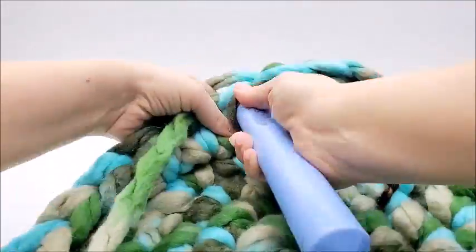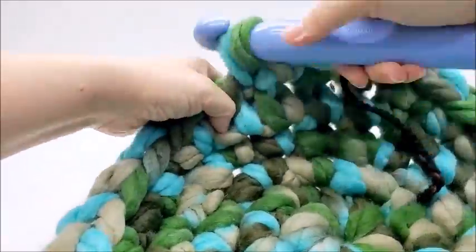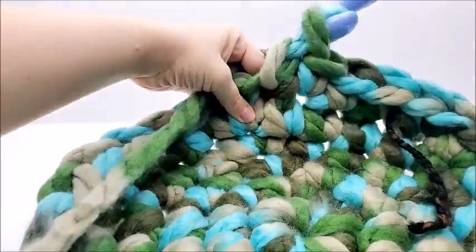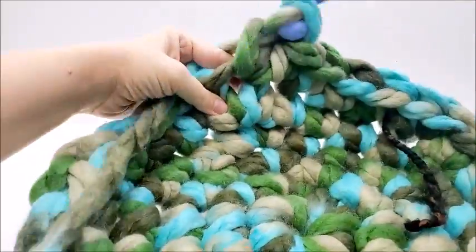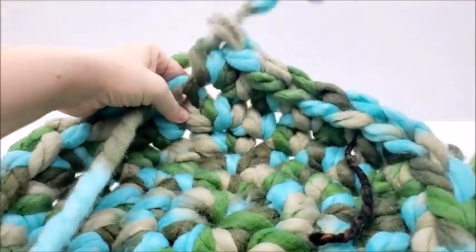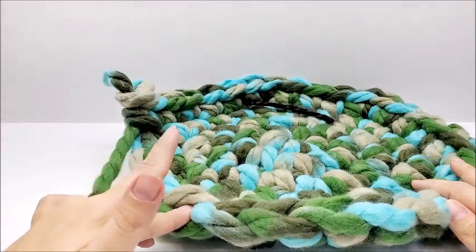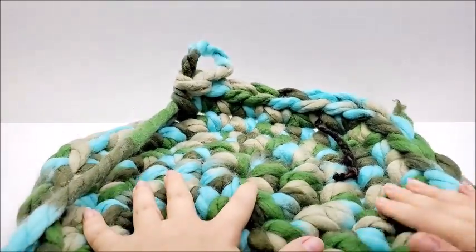There's 1, 2, 3, and there's 4, and then 2 single crochets into the next. And that's what I'm going to repeat now for round 6. 1 single crochet into the next 4 stitches, and then 2 into the next. 1 single into the next 4, and then 2 into the next, all the way around until I get back